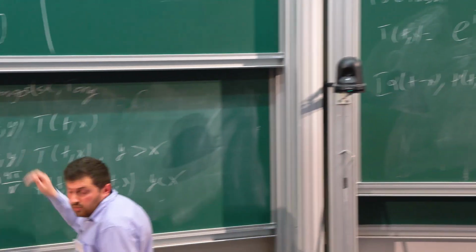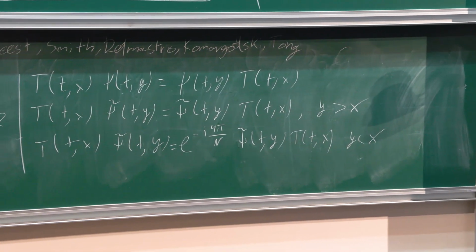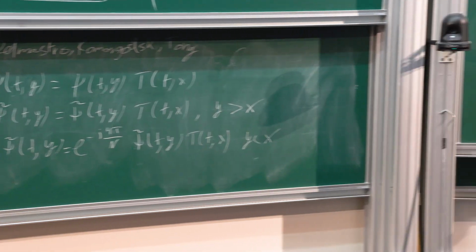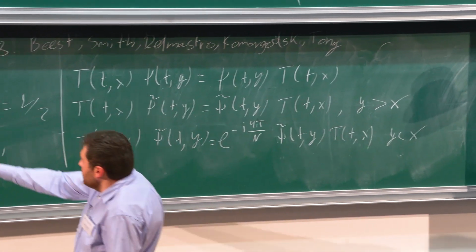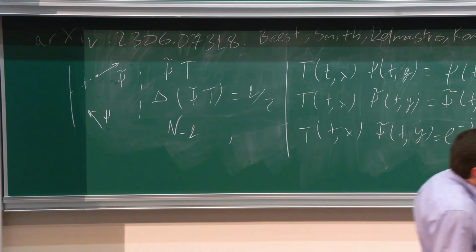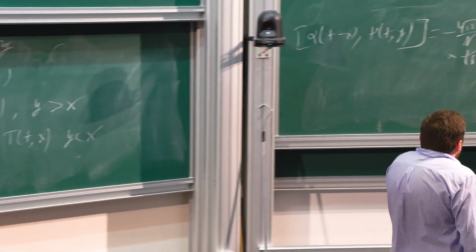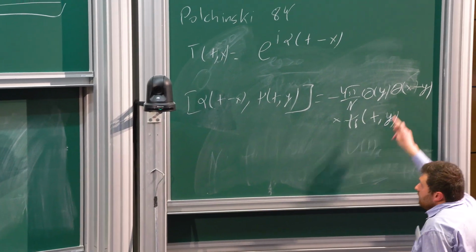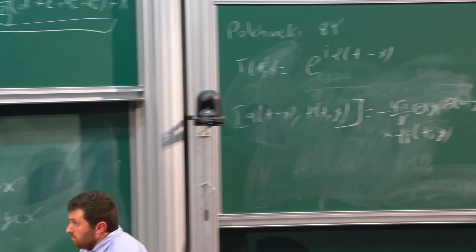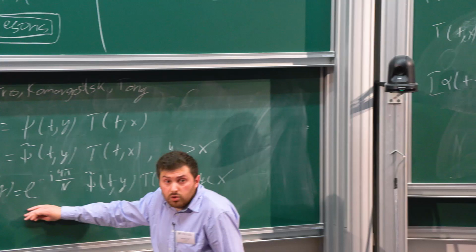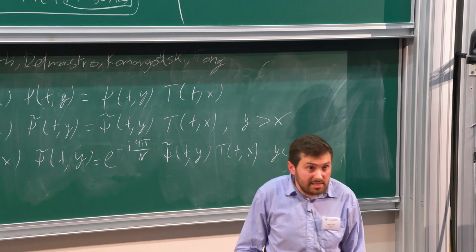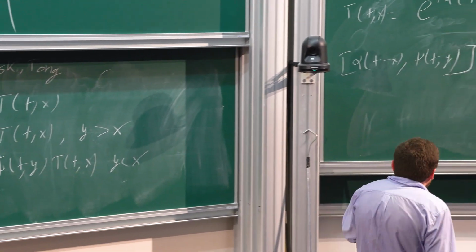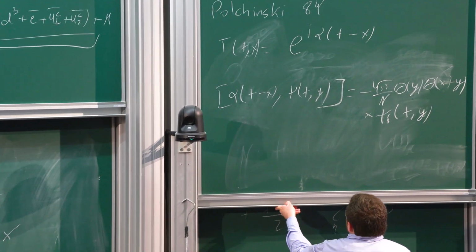It commutes with ingoing fermions, because if y is negative, so if it is ingoing, it is 0. It commutes with outgoing fermions if the outgoing fermion lives outside of the end of the topological line, because if y is bigger than x, this is 0. It has a non-zero commutator only in between. You can work out the commutation relation and you will exactly get this. So it is the twist operator, but in a minute I will say that you can do more.